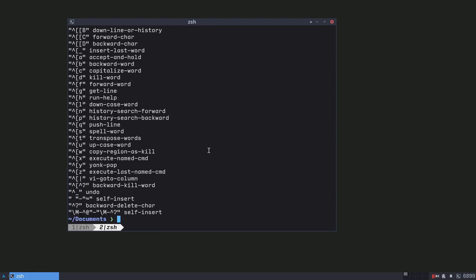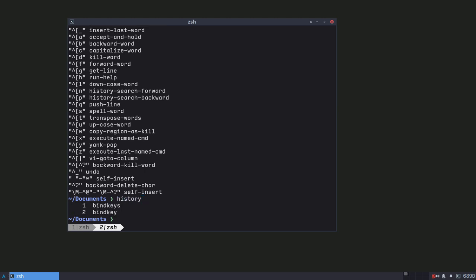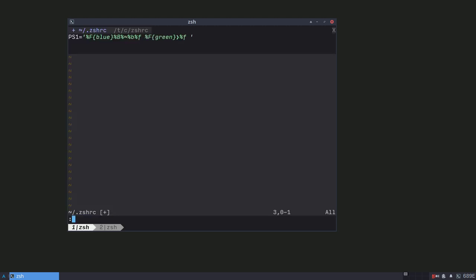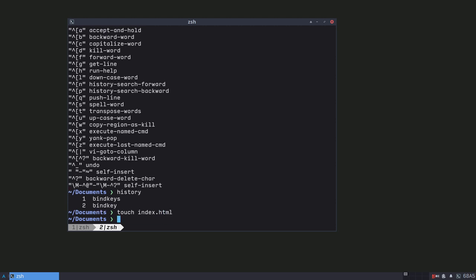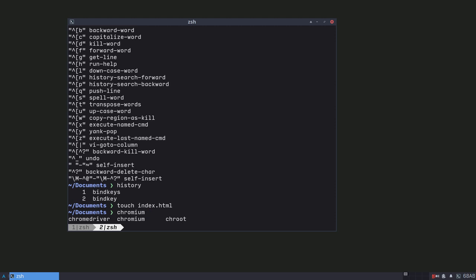For example, if I do history, okay, not here. So for example, if I do index and I say like, oh, I want to open that file. What I do is, oh, this worked. All right. I don't know what happened, but